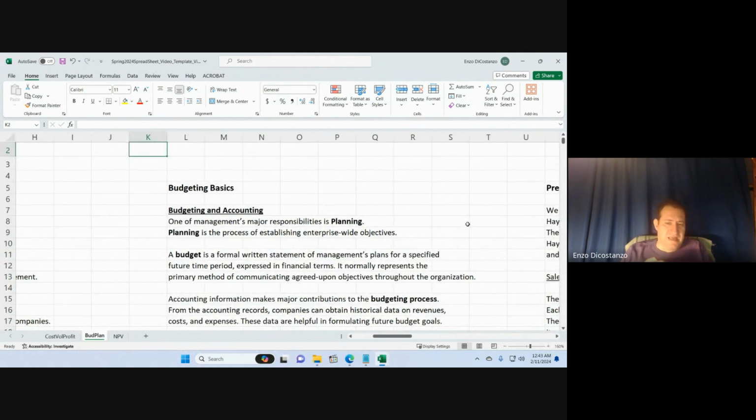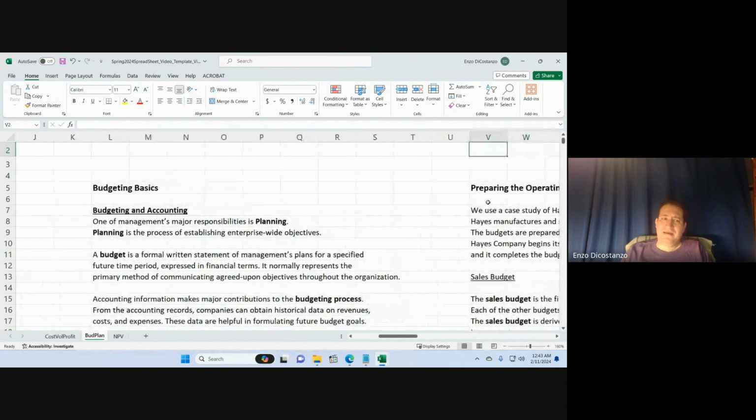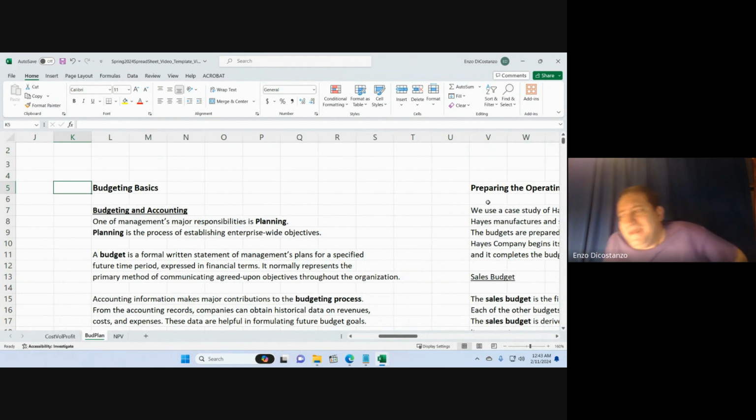It's the process of establishing enterprise-wide objectives. And again, folks, I used to say this when I was at Rutgers, and I'm saying it with you guys: I can only teach what I know. Okay, right. I can only teach the stuff I know. So the group that I work with, I don't want to say the firm, is a small focus group, but it's got tremendous connections. It's got tremendous global connections, and that's a big part of it.